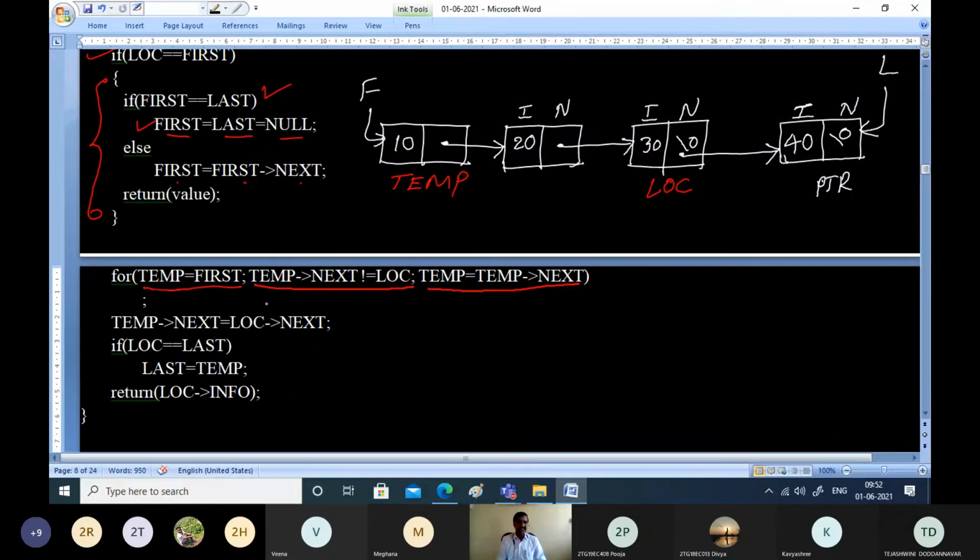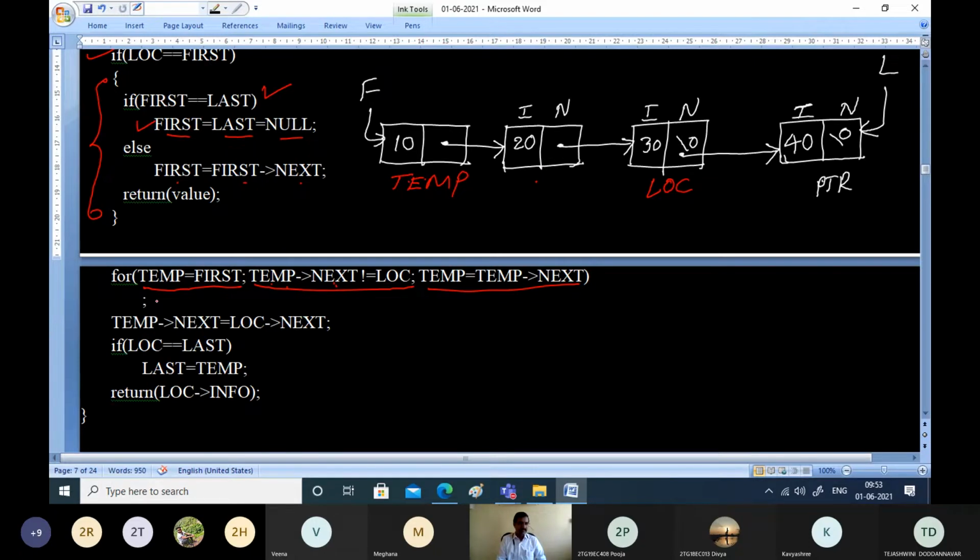After initializing this, check the condition. What is that condition? Temp pointer next, is it not equal to location? Till you get that location, you have to perform traversing. Temp pointer next is this one. Obviously, this is not equal to location. It is true.